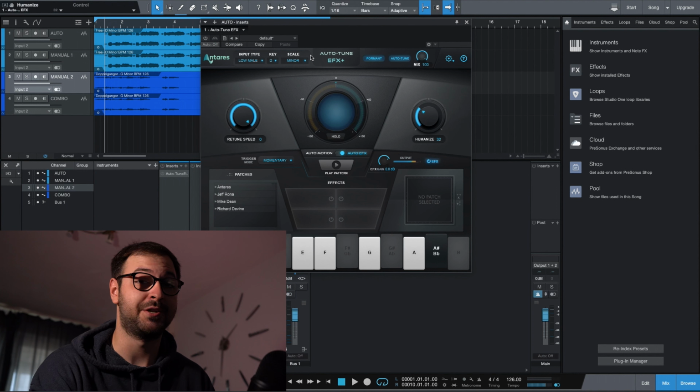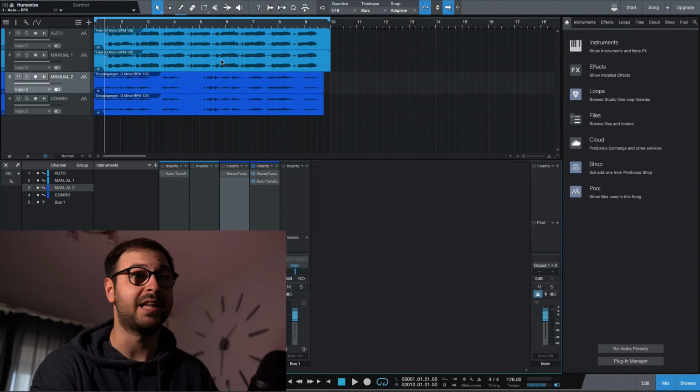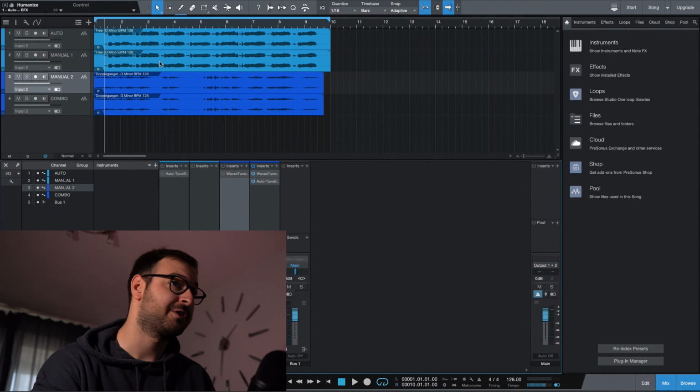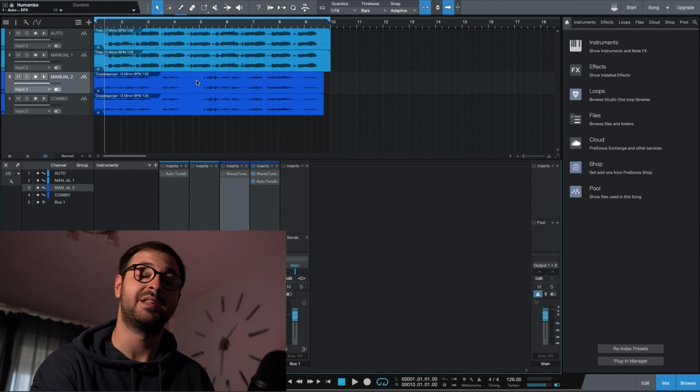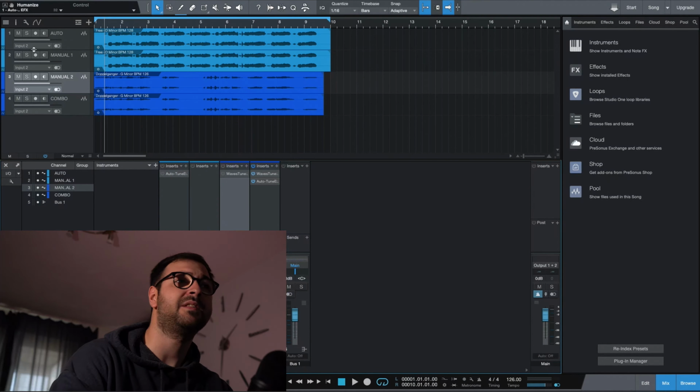We have plugins that are doing this automatically, such as this Autotune EFX Plus, and plugins that are doing it manually, such as this Wavestune. That being said, I'm going to divide this video into 3 parts: automatic, manual, and automatic plus manual. For this project I'm going to use 2 vocal samples and the plugins that I've showed you earlier. The voices are not mixed, but that's fine, cause the pitch correction plugin always comes at the beginning of the vocal chain. Let's have a listen to them.